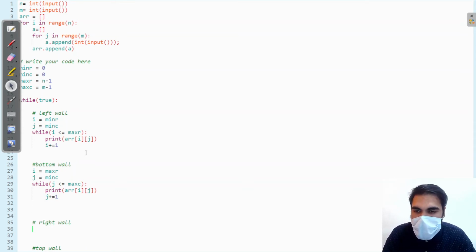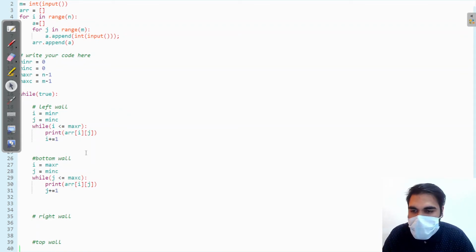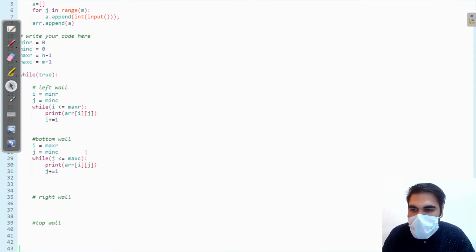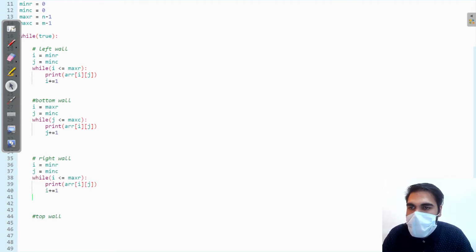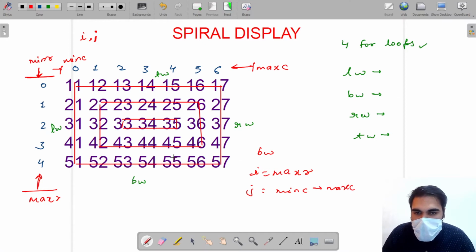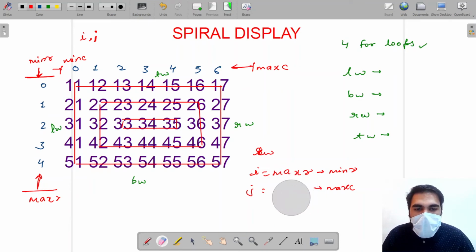Similarly, we have to talk about the right wall. For the right wall, let's copy paste some part of that previous for loop. In the right wall, we have to move from max row to min row. That is, our i will move from max row to min row in the right wall, and our j will be fixed at max column.